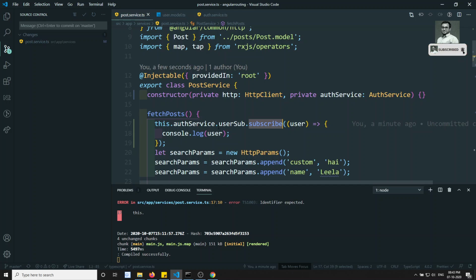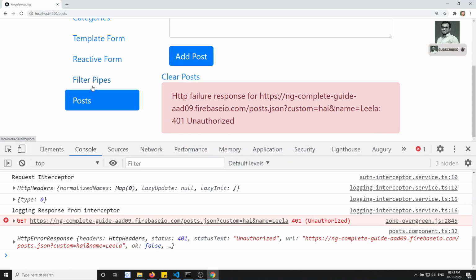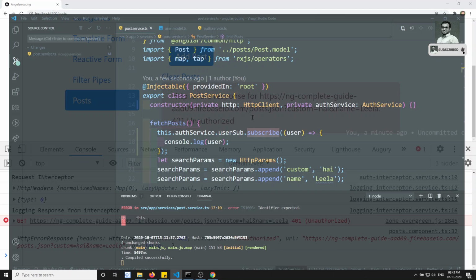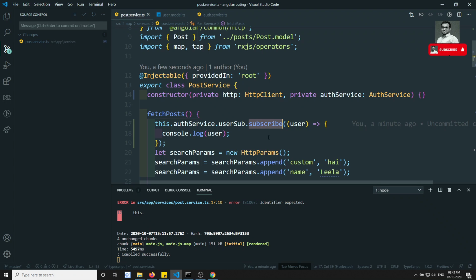But here in the post.service.ts, we have already done the authentication, and after that we clicked on the post. That means the next happened at the time of authentication only. Now when we came to the post, we are not able to get the data. So how can we get the data here? That means the subject will not be useful. One thing we can do is use the users.service.ts, and we can directly get that through the injectable. You can get the user data.